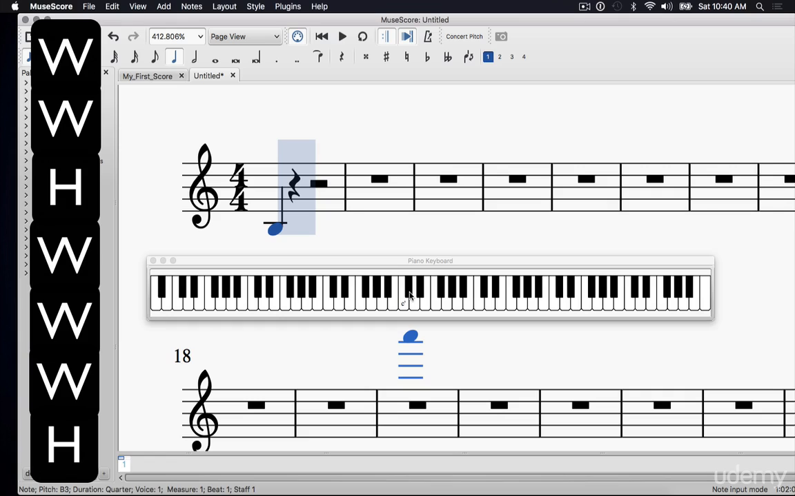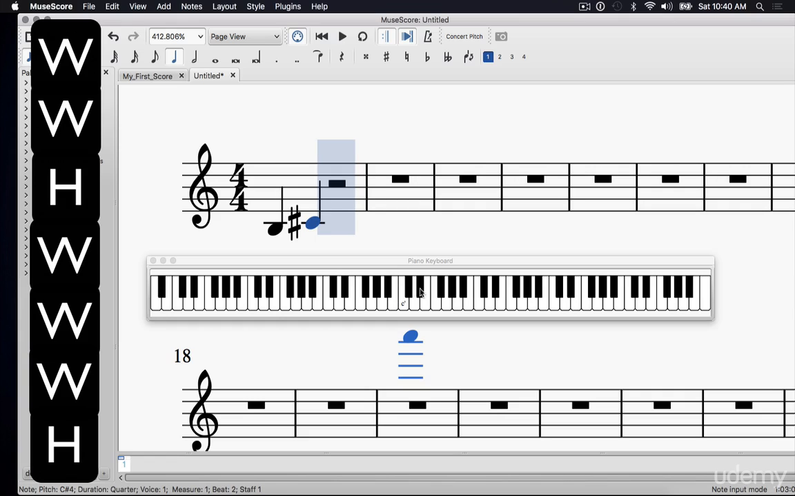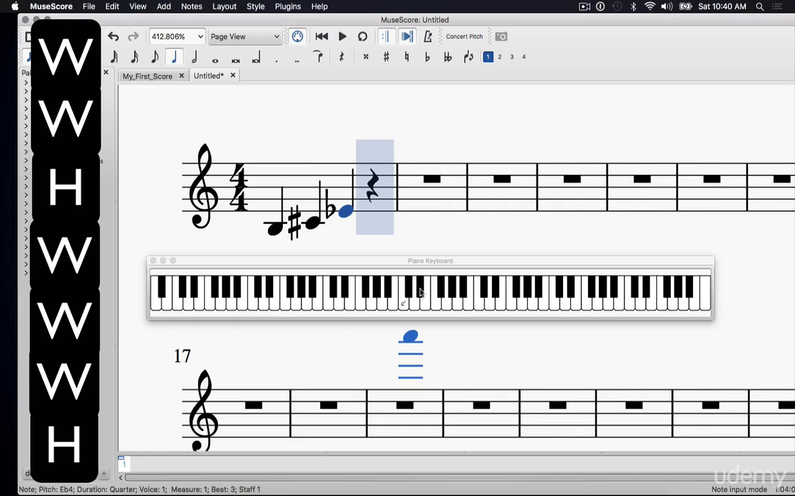whole step, that gets us to C sharp. And we're going to go whole step again, gets us to D sharp. Now pause here for a second. You'll notice my notation program wrote C sharp and then E flat. That's not really what we want it to do. We want it to write D sharp